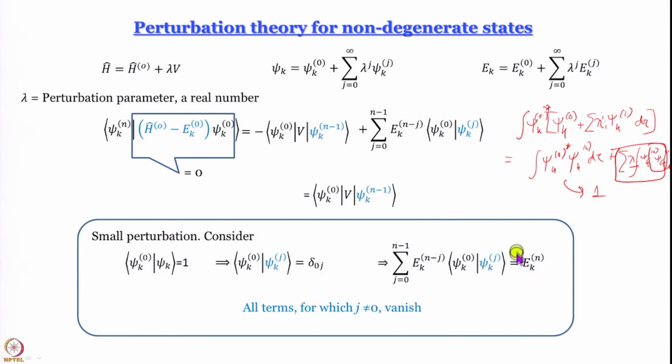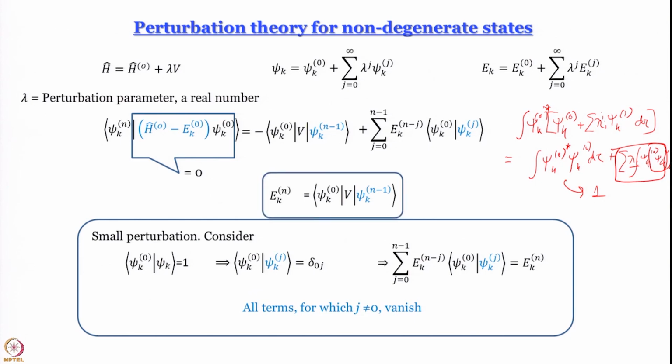So for the term when j equals 0, this integral is 1, and here we put 0, you get E k nth, and everything else vanishes. So this integral that we have obtained here, integral psi k 0th star V psi k (n minus 1)th,